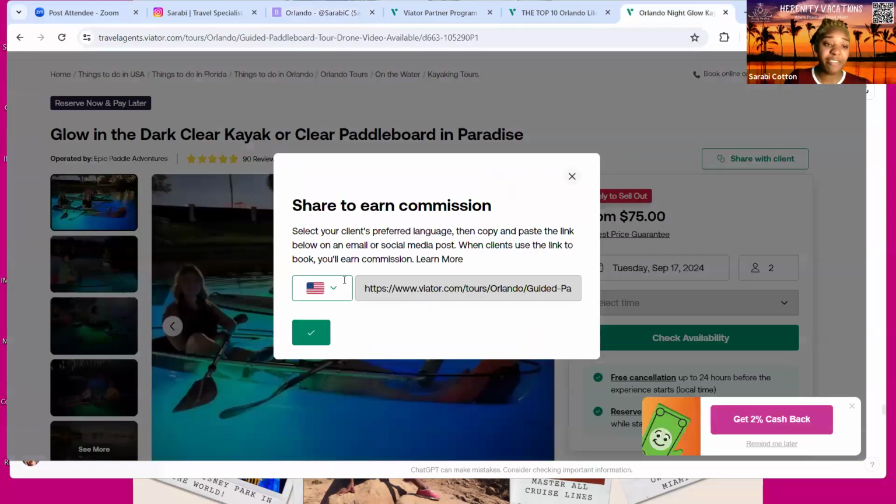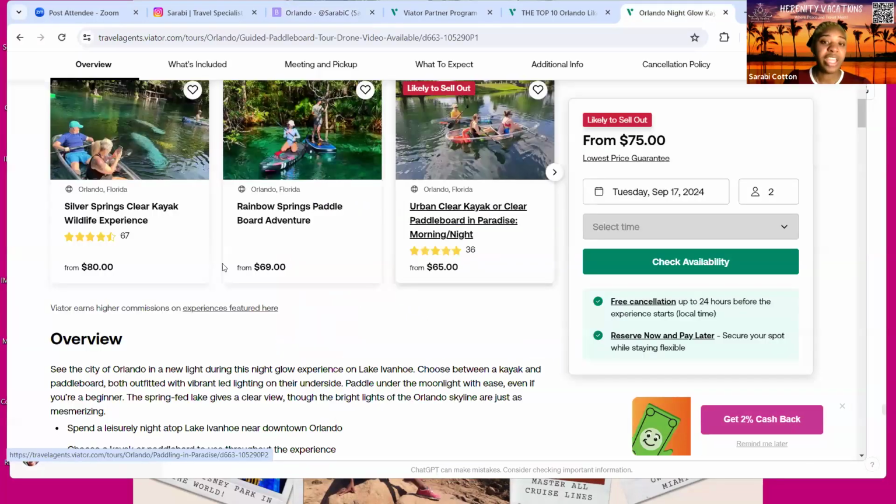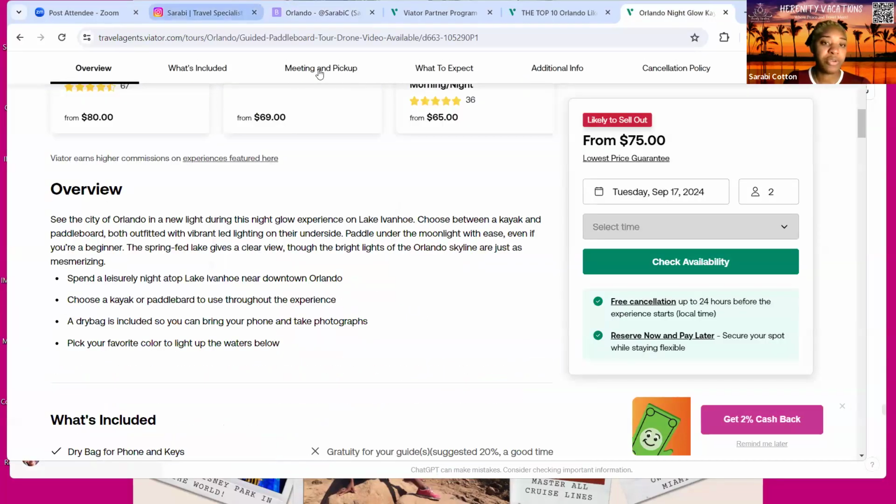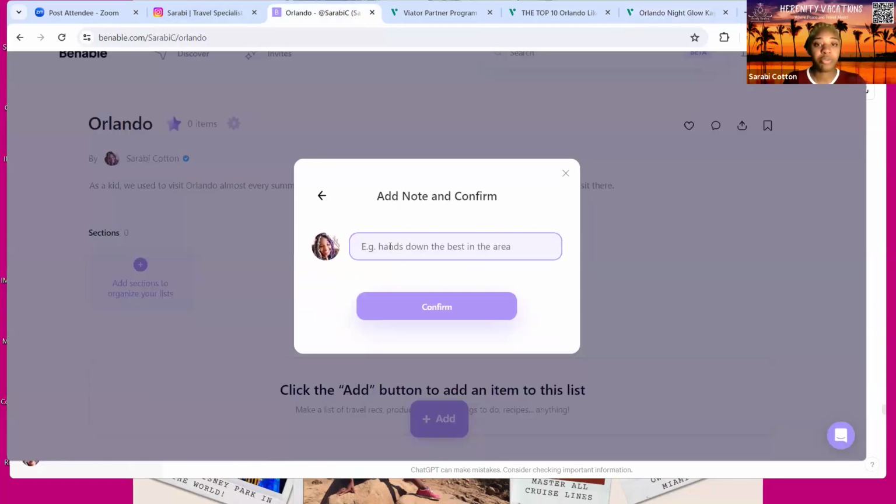I have in the past copied the overview of these and posted it into the notes, and that was my note. So there's a lot of different ways you could go about it. I just choose to go the authentic route because I have found that that's what goes a lot further for the list that I have.